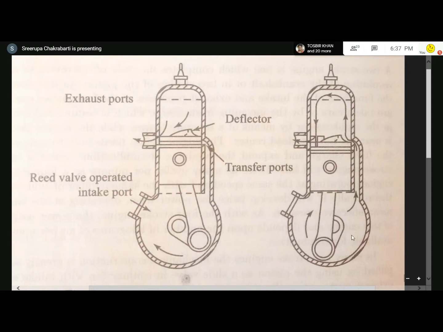Slight error is there here, which I can correct in the next class, or I can correct in the actual class. This is okay. This you can take as okay. But now talking about the two strokes. So one stroke is this, one stroke is this, one stroke is this. This is one stroke, same stroke is this.